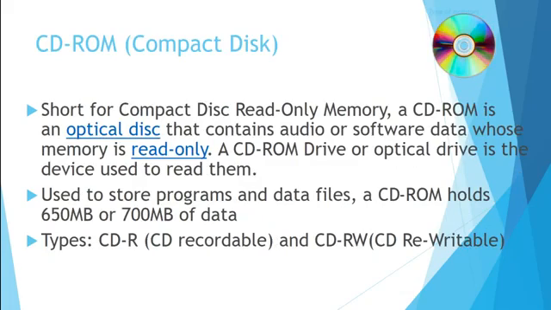Okay. Next, we'll be talking about CD-ROM. It is called compact disk read-only memory. The short form of compact disk read-only memory is CD-ROM. It is an optical disk and it contains many kinds of audio and visual software nowadays. It is read-only. Read-only means once it has been written and a CD is burned, then you cannot write over it. You need a CD-ROM drive or an optical drive to read from this device.